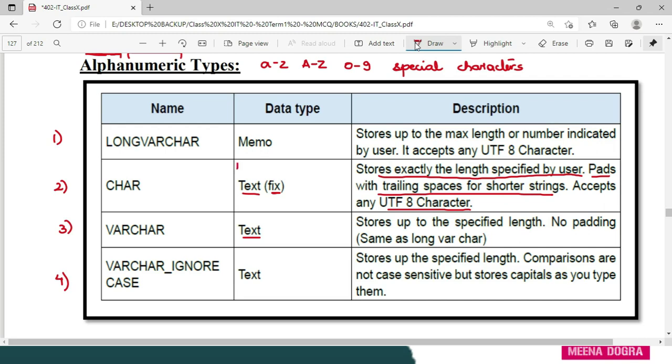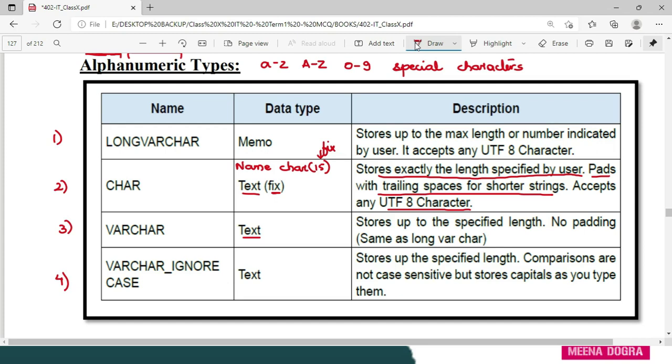Suppose you have made a name field to store the name of a student and you have set it to char data type with length 15. Okay, length 15. So this size now becomes fixed. This field will occupy 15 bytes in memory even if the name that you are storing in it is of a lesser size. If you are storing a name that occupies only 8 or 10 characters, the leftover bytes will be filled with trailing spaces. Trailing means that comes towards the end.